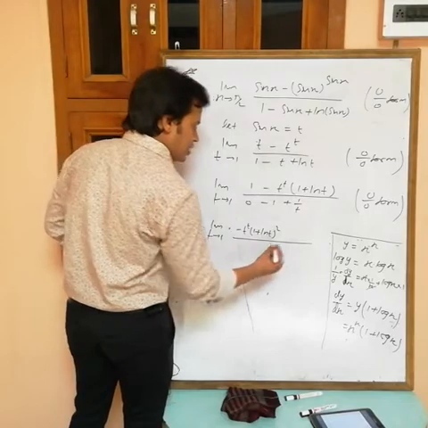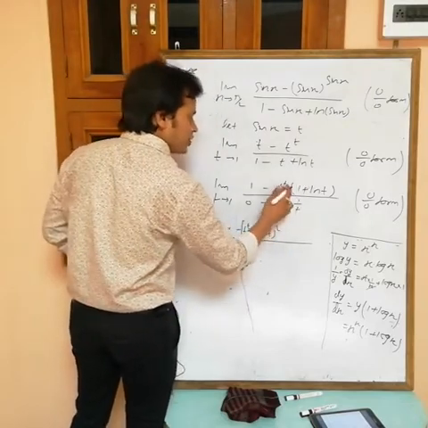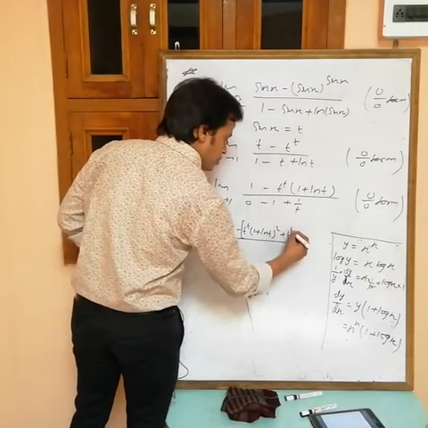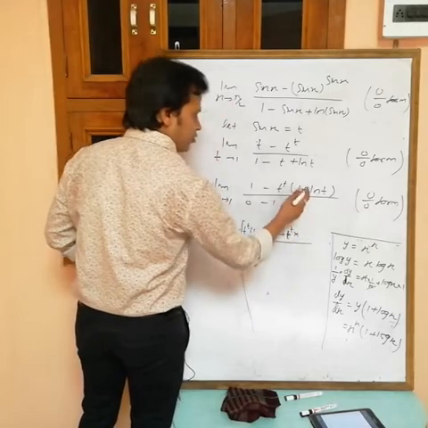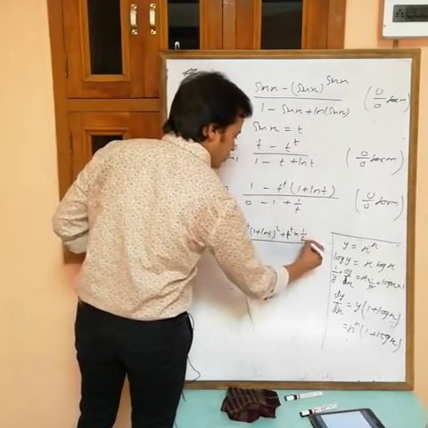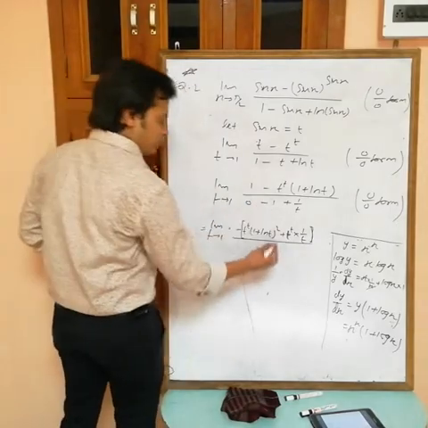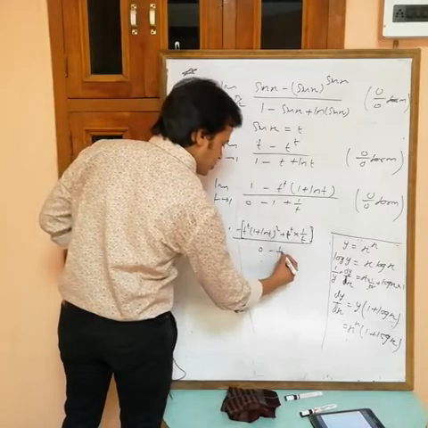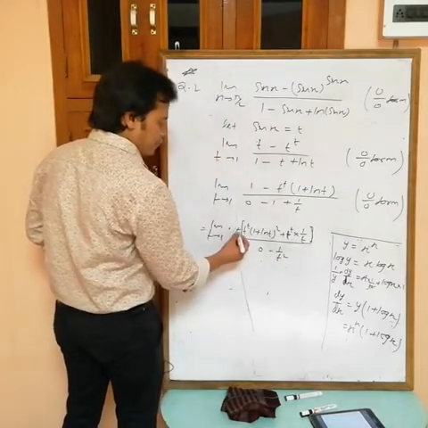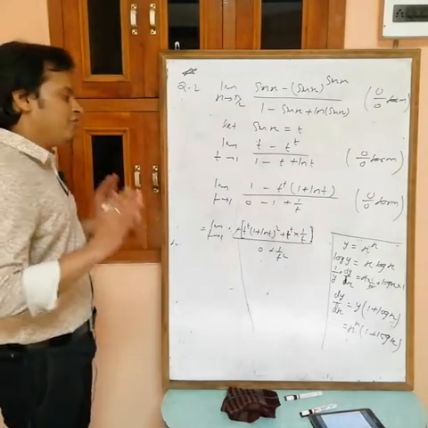And next, the minus is outside, I am assuming this one as a constant, t power t. And the derivative of 1 plus ln t: the derivative of 1 is 0, ln t is 1 by t. Now the differentiation of minus 1 is 0 and the derivative of 1 by t is minus 1 by t square. Minus minus cancel out. Now put t equals 1. Now we are getting a finite value.